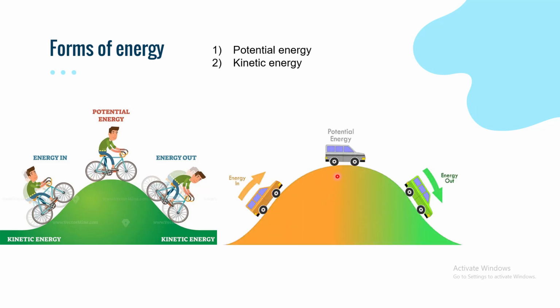Another example with this car. Well, this car also has two positions. The first is when it is exerting work and moves up, or when it moves down. In these two positions, the energy found in the car is kinetic energy. And only in this position, which is the rest position of the car, it is potential energy. And of course, there will be further discussion about potential and kinetic energy in the coming years.